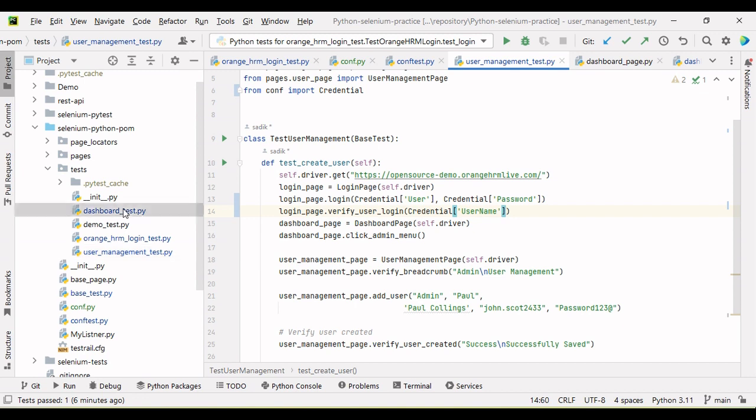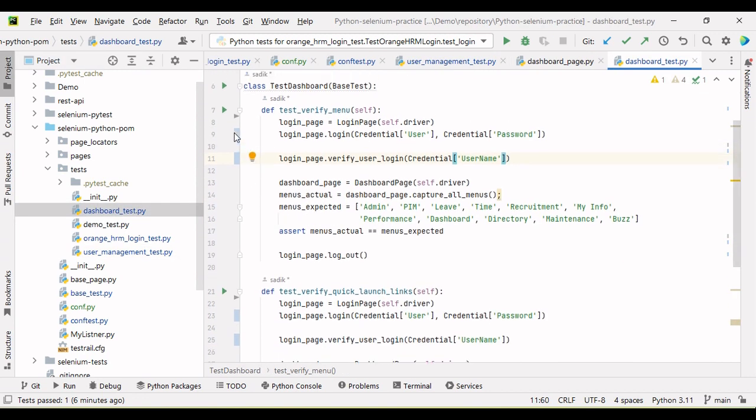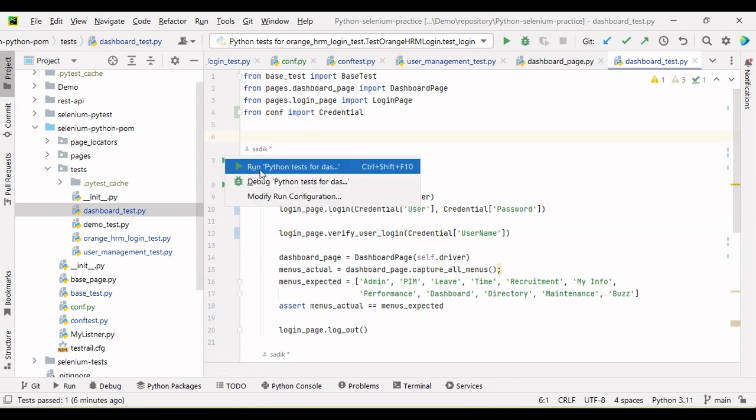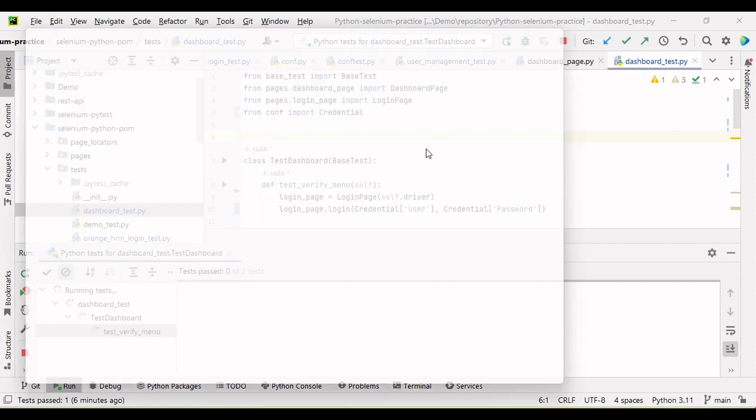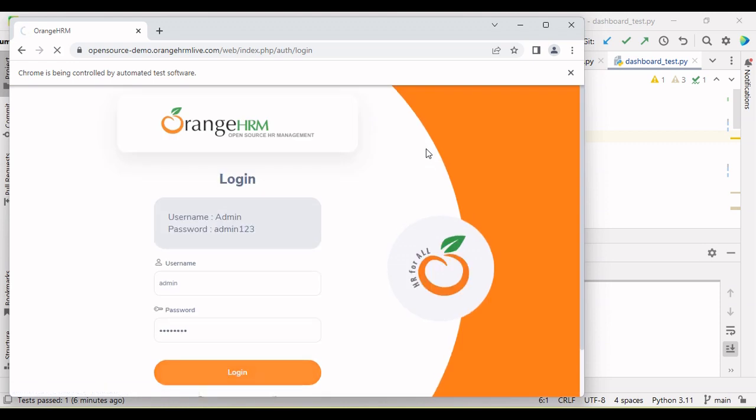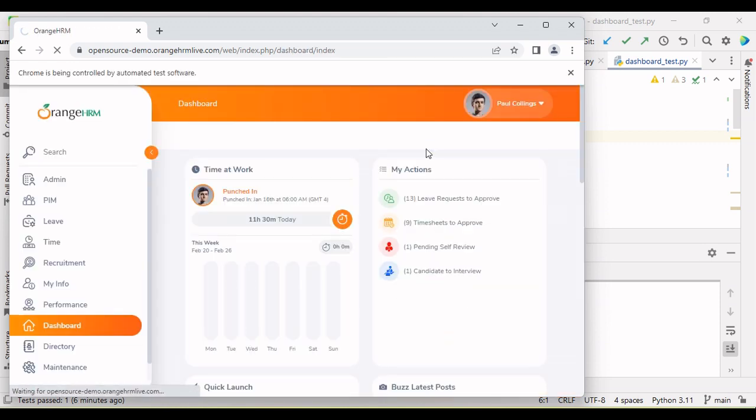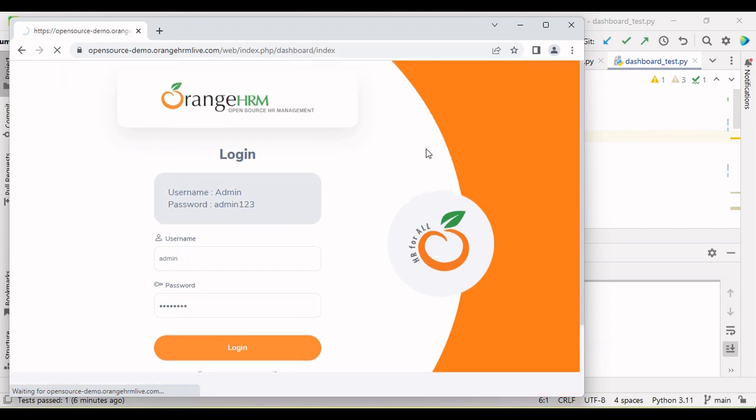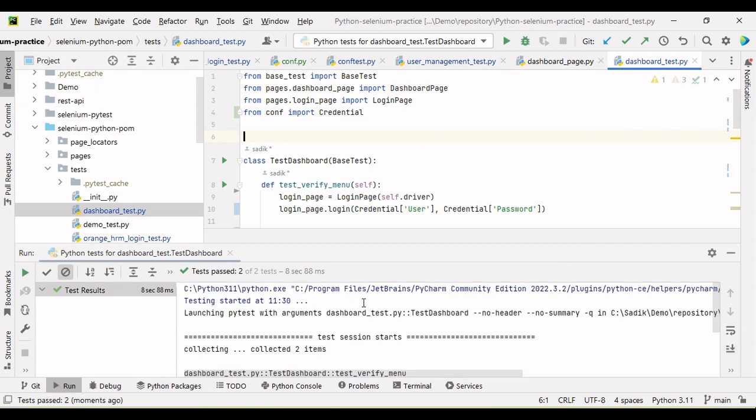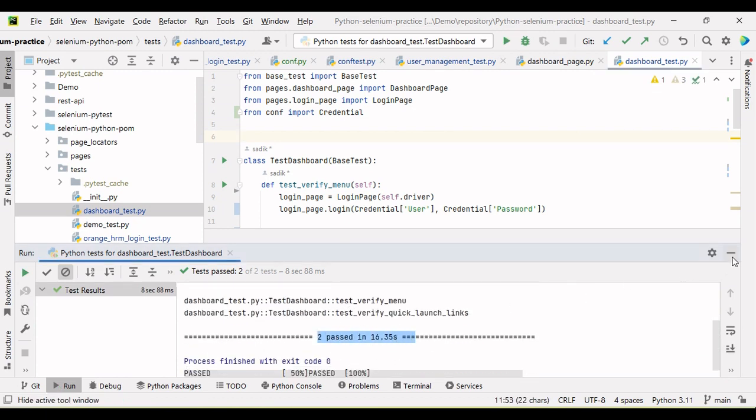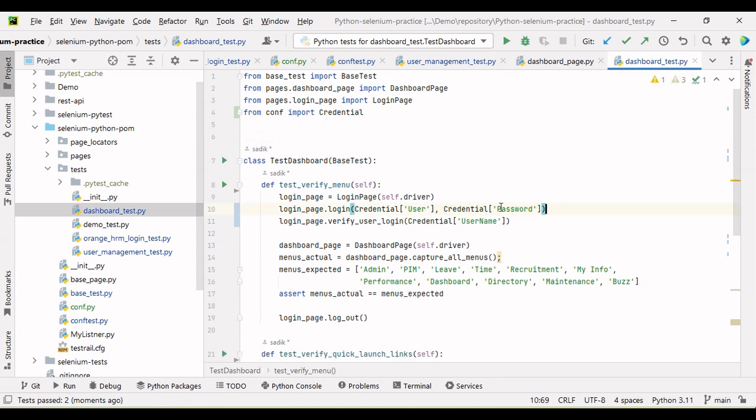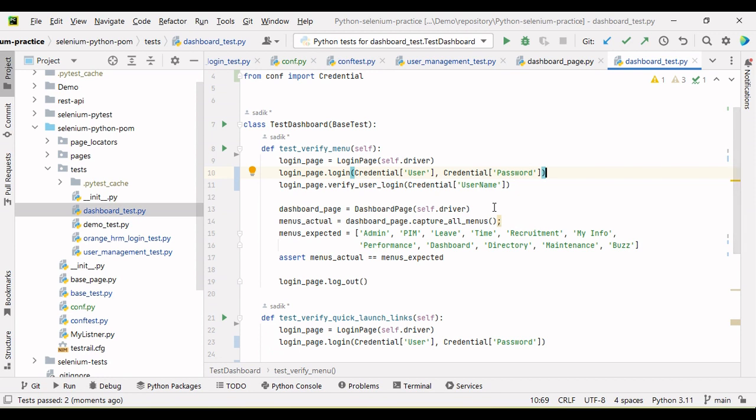Okay, now let me run and you will see it will work. So I'm going to run this dashboard. Here there are 2 times I'm logging. Okay, so let me run the test. Yeah, run successfully, both tests pass. So in this way we can separate our login, our credential from our test script and put into a separate